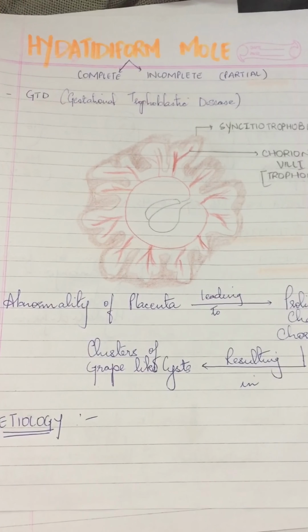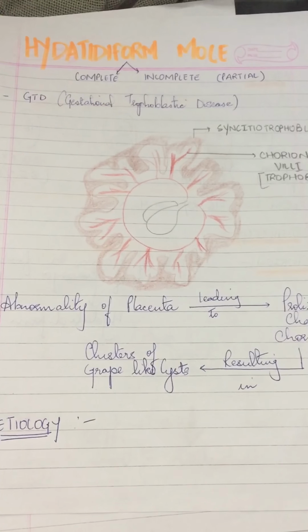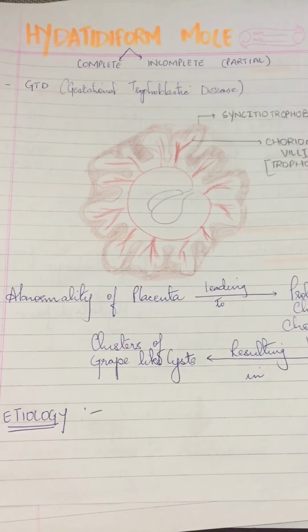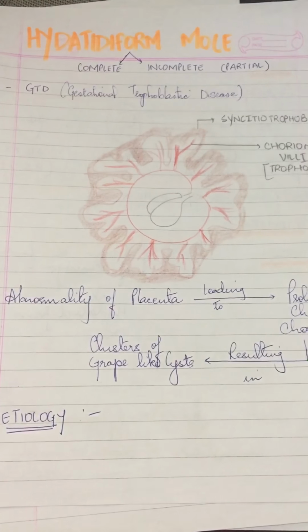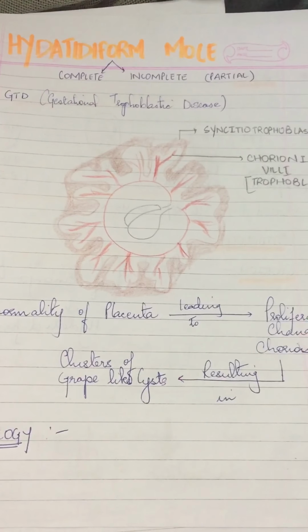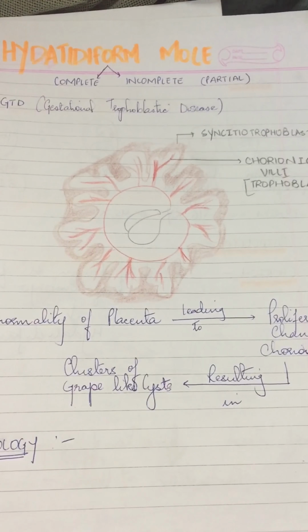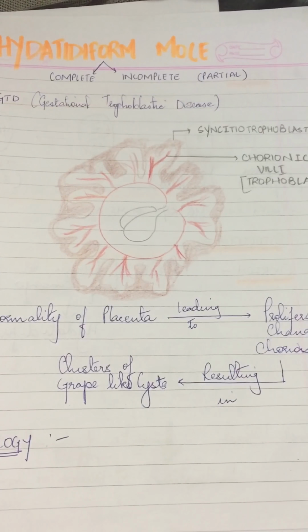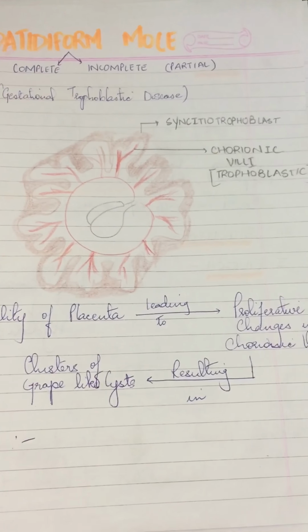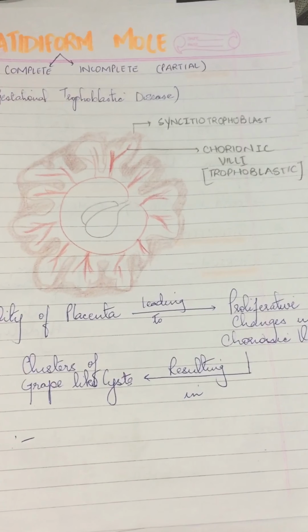Hydatidiform mole. The term hydatid means water or fluid-filled cavity or sacs. Now it lies in GTD, that is gestational trophoblastic diseases. These are the spectrum of proliferative abnormalities of trophoblast. The trophoblast are those cells that make up the placenta, and they are of two kinds: the cytotrophoblast and